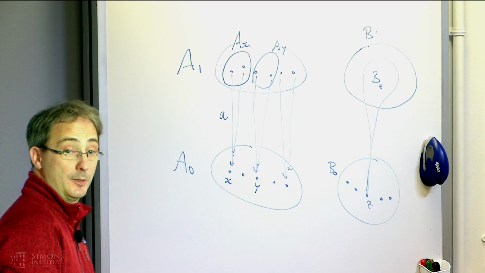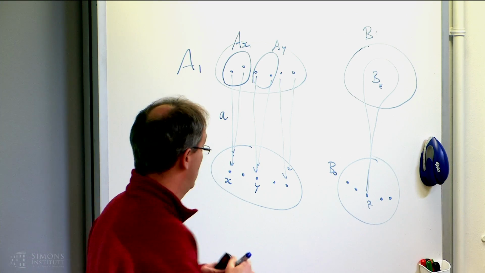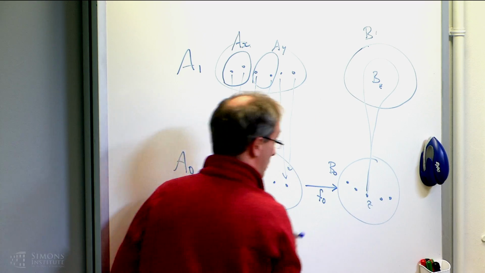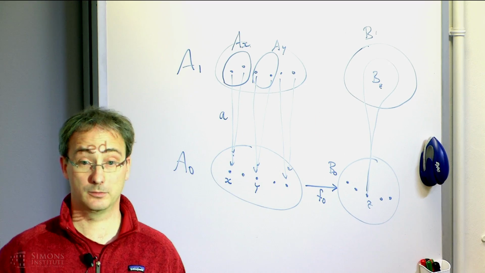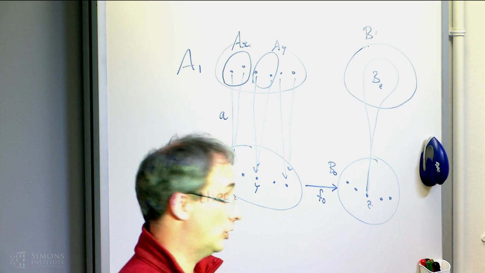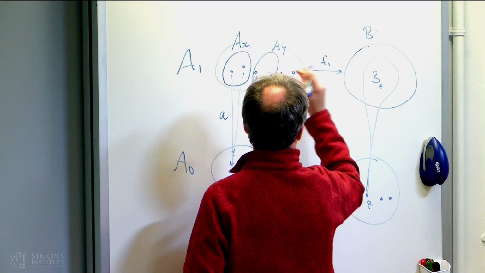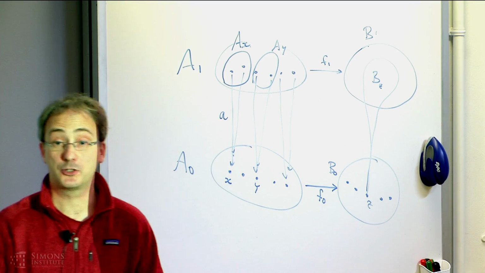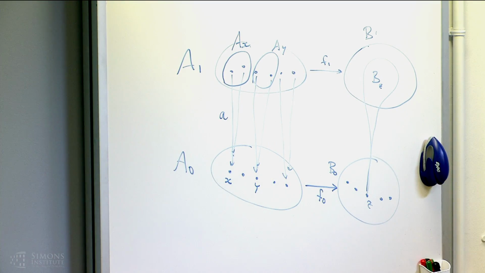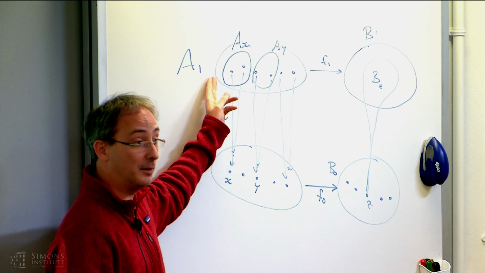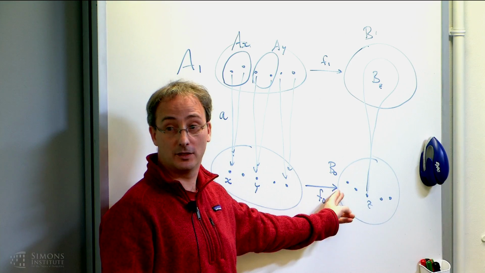Now a morphism is by definition a commutative diagram, so that means, first of all, a morphism is a function f0 from parameters to parameters. And second of all, we also have a function f1, from states to states, but it's not arbitrary. The diagram has to commute. And if you think for a second about what it means for the diagram to commute, it just means that any state over x must be mapped to a state over f0x.